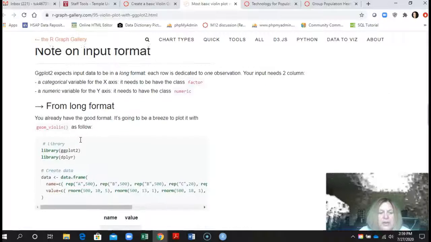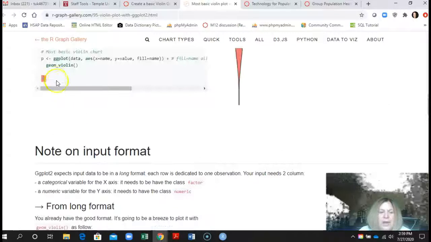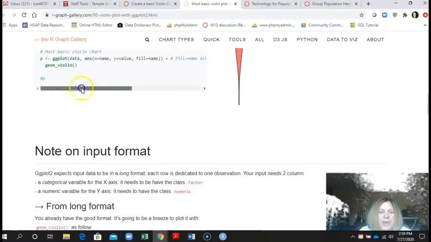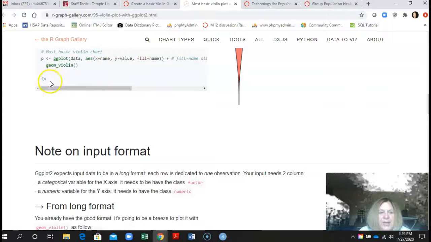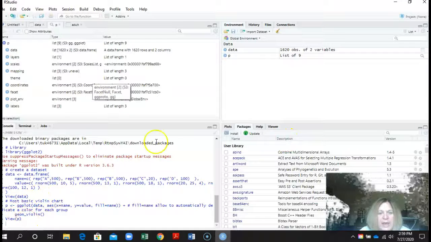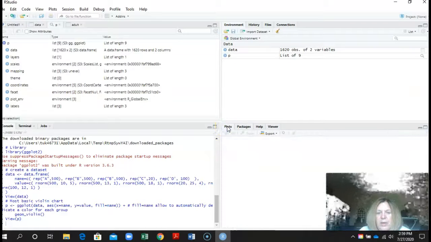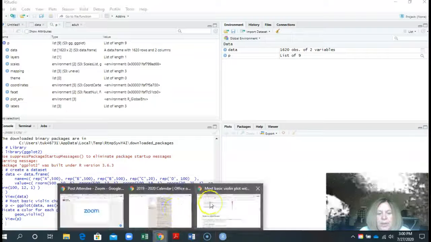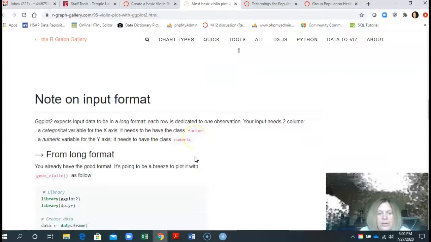And it actually stopped a little here because P, you can see, there's nothing here except the comment there. If I come over here, we have the data here. If you're looking to see an actual plot, it will show up down here. So I'm going to go back over here